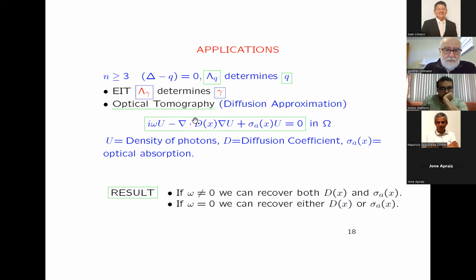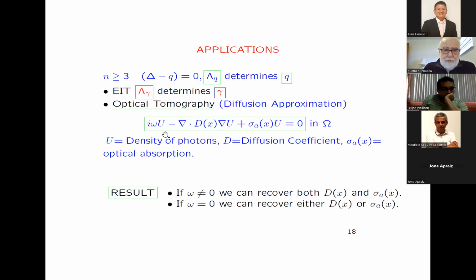And the equation is very similar, but the physical application is different. The U is now the density of photons. This is called the diffusion coefficient, and sigma A is the optical absorption. The different media have different optical absorption, different diffusion coefficient, and omega is the frequency